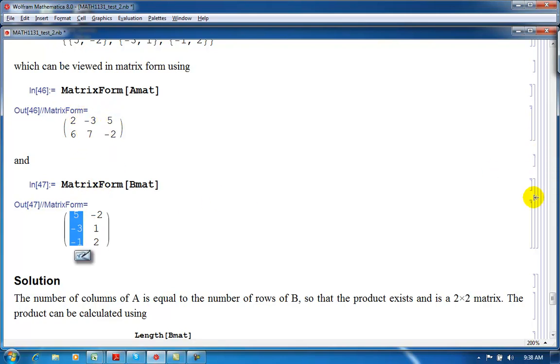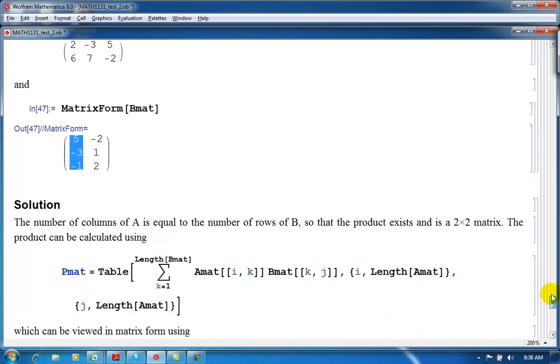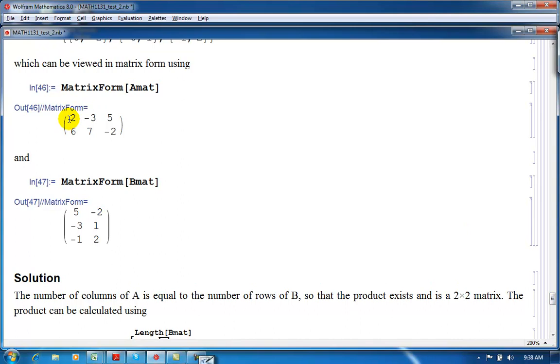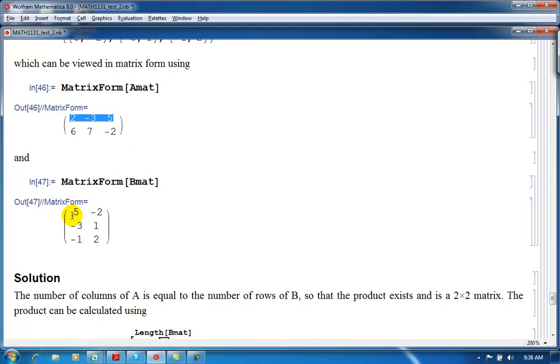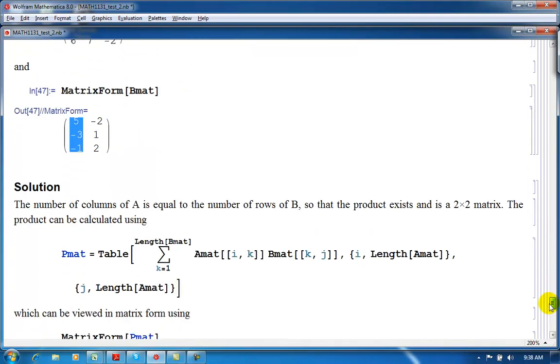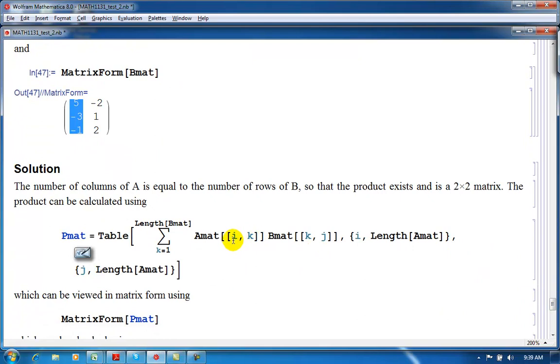So how do we calculate the product? Well, we take a sum over columns of basically the scalar product of each row with the corresponding column in here. So this would be the 1, 1 element of the product. And we do that for each column of A and row of B, and